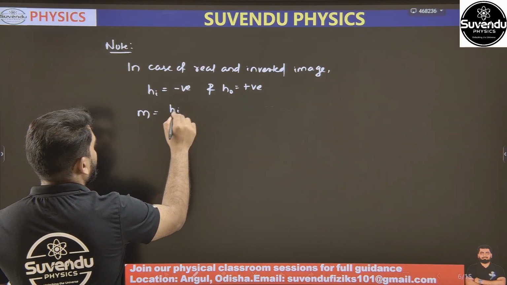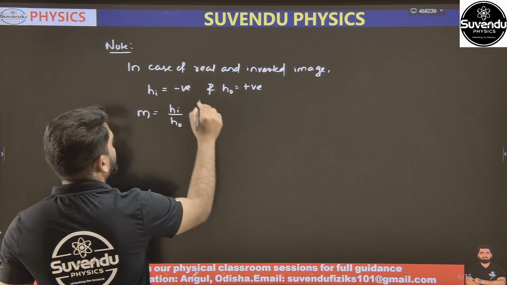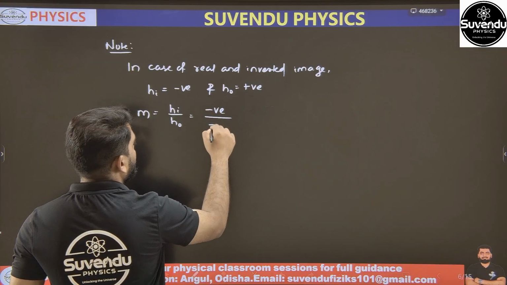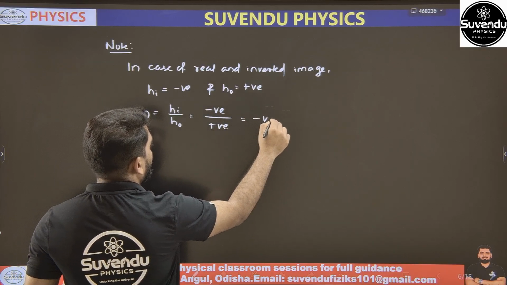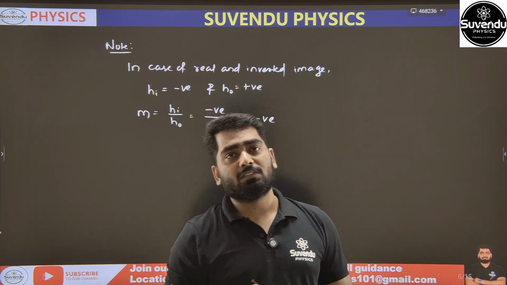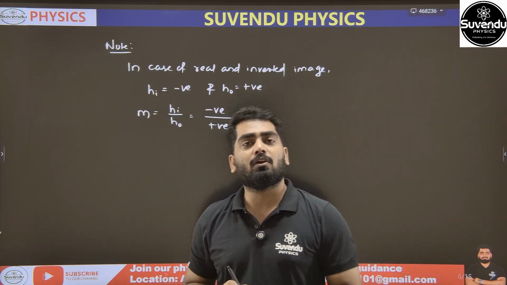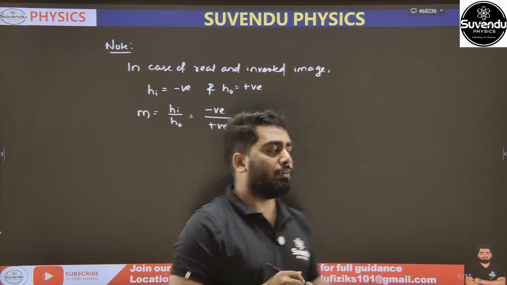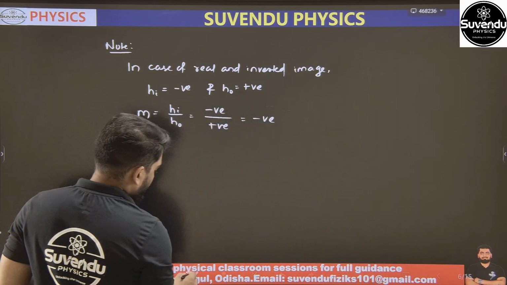देखो तो तुम्हारा मैग्निफिकेशन आंसर क्या होगा? m is equal to hi by ho. So this is your negative number divided by positive number. तो रिजल्ट क्या मिलेगा हमको? नेगेटिव. तो याद रखो, when magnification is negative, the image is completely real and inverted. That is the important point. Second thing, in second point what we have to write,